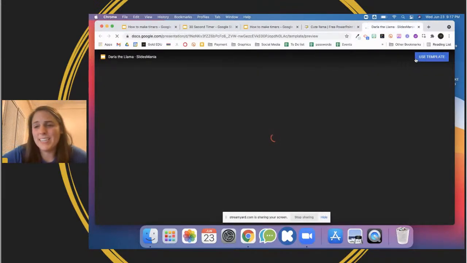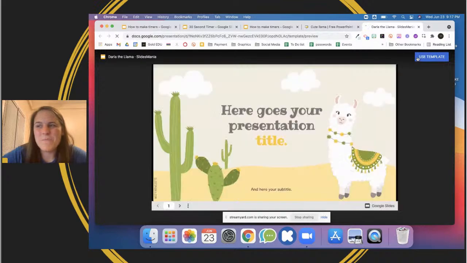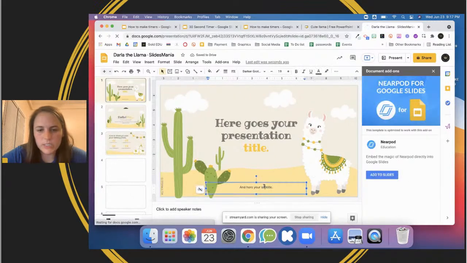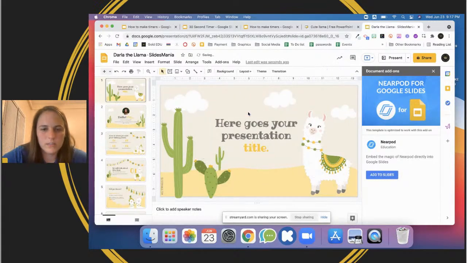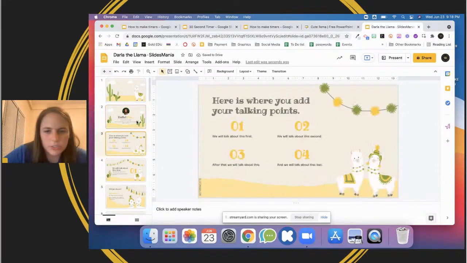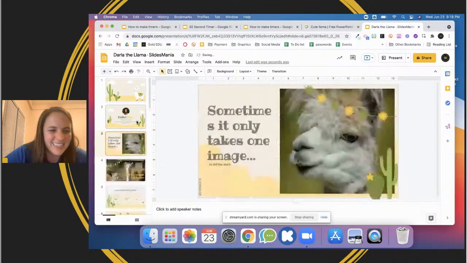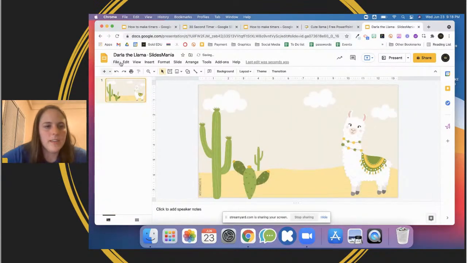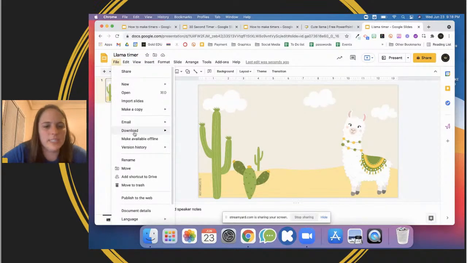And again, you can pick any type of slide background that you might like. So let's go ahead in. Okay. And then what you're going to do is you're going to want to get rid of the text. Okay, so I like this first one that she has. Okay, and let me just make sure I don't like any of these other ones. I think I like that first one. I think it looks good. All right, so then you're going to delete all these slides. And then I'm going to do llama timer,